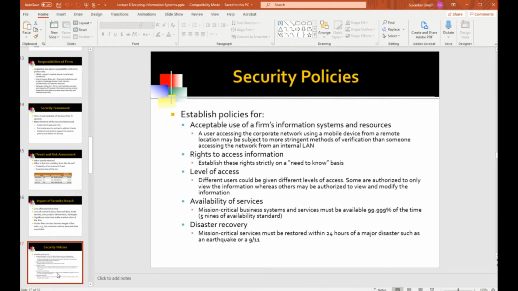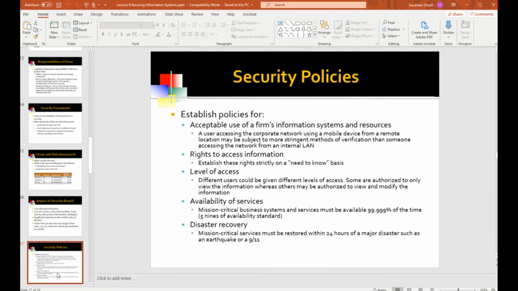So you have policies that define how available this server should be. There's a term in industry called five nines of availability. What this term refers to is that this application must be available 99.999% of the time. That's a pretty high level of availability. We'll talk about how you achieve that availability when we come to controls. But the first thing is to establish availability policies, and this is going to be achieved through backup servers. So right there is the cost of security.